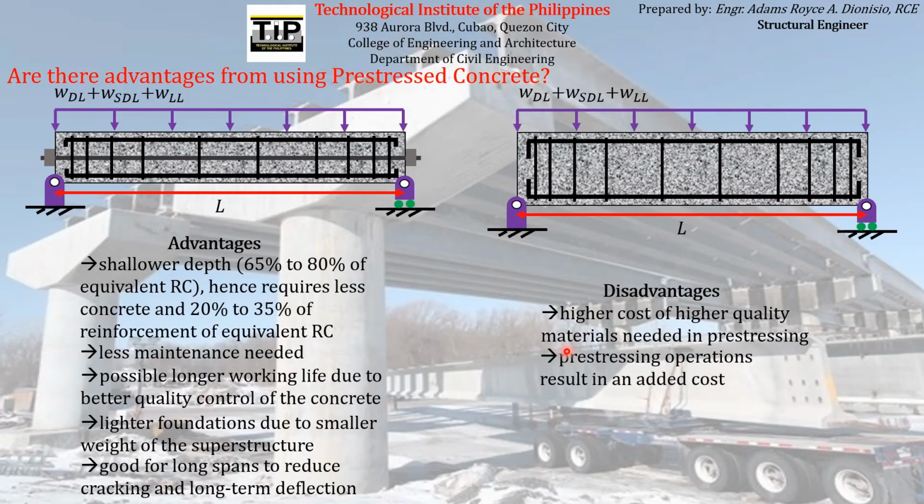Next on the disadvantages is that construction of prestressed concrete is again not as easy as reinforced concrete, because in prestressed concrete we need what we call prestressing operations, so that the prestress reinforcement can impose compressive force on the concrete. We cannot just simply put the prestressing reinforcement on the concrete and have it already apply a compressive force to the concrete. Actually, there is what we call prestressing operations,